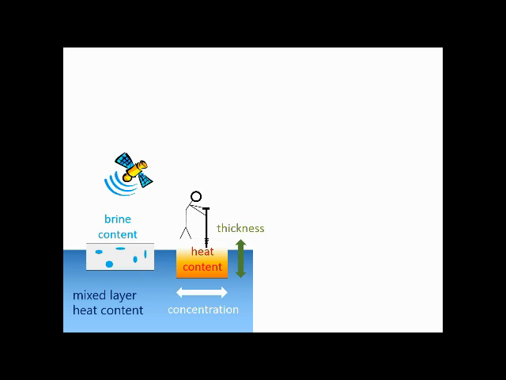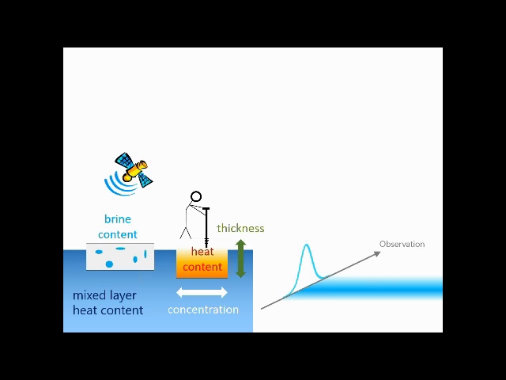On the sketch, you can see that the satellites could at most see what's happening at the surface of the ice, and a guy going on the field could measure ice thickness in some locations. But clearly, to have a big picture, to have a full understanding of the system, we need to complete these very sparse observations with additional information. And this problem of filling the observations that we have with models can in fact be formalized mathematically.